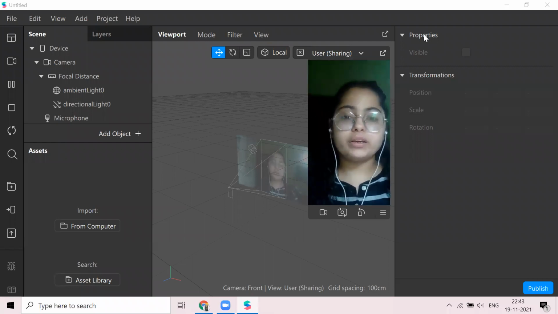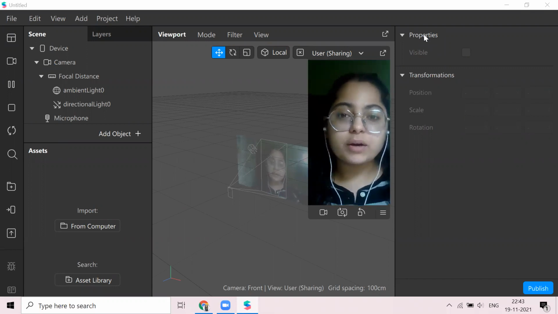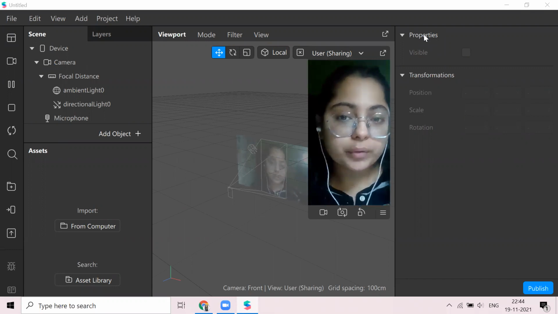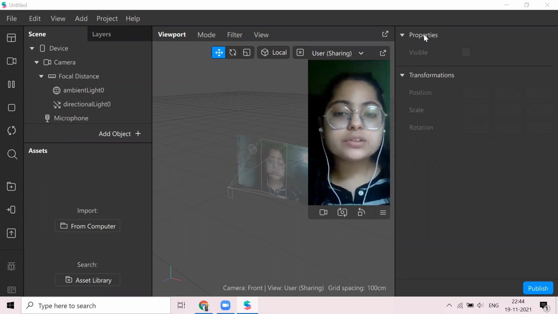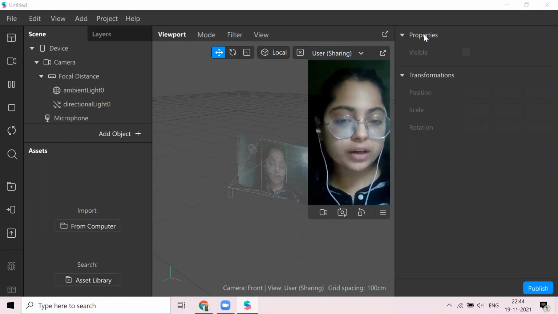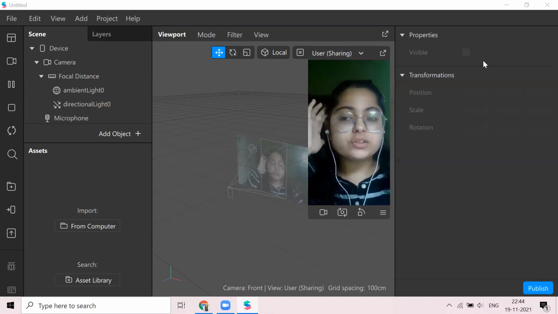Today we're going to be making an AR makeup effect in Spark AR. A lot of you might have come across Instagram filters which make your skin look very flawless and add that natural blush to your face, and that is exactly what we're going to do today. In addition to that, we're going to add a yellow or golden tint to our filter, so that it gives a golden hour kind of look. So let's just get into it.